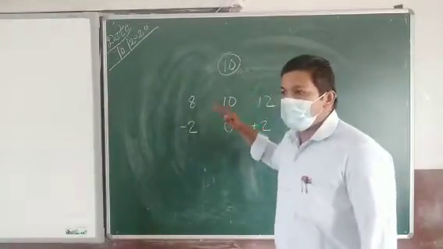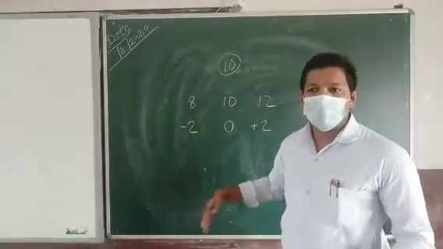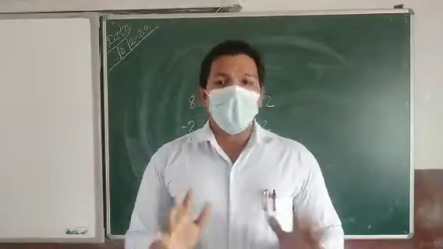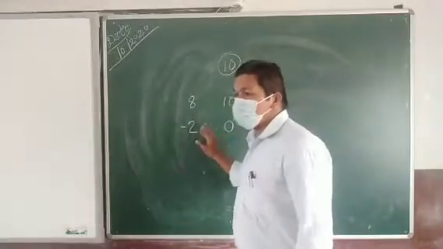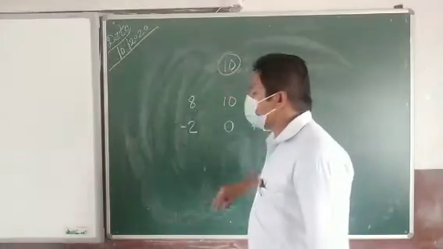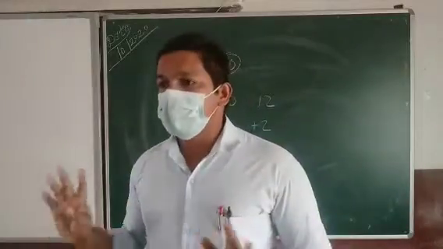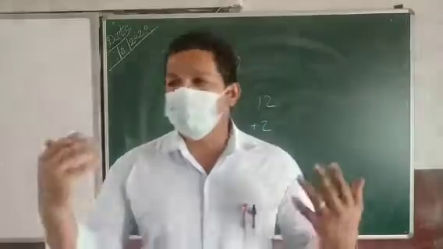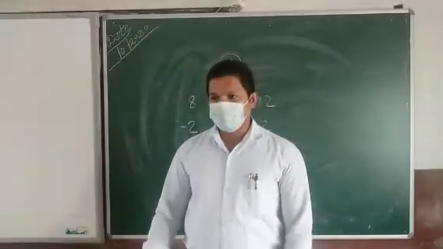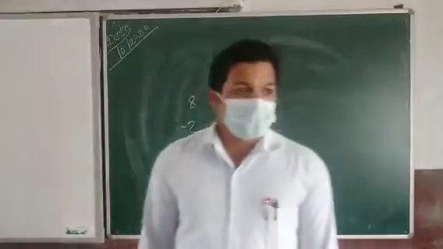So the first question we asked is, is the standard achieved? If the answer is yes, then we are over. If the answer is no, then we have to ask the next question, whether the deviation is tolerable. If there is only a minute change, like as I told you, 10 is the standard set and 9 achieved, then one less is there, but it is somewhat adjustable. In that case also we don't need to go for any other steps. We can stop there. The things will go on smoothly.